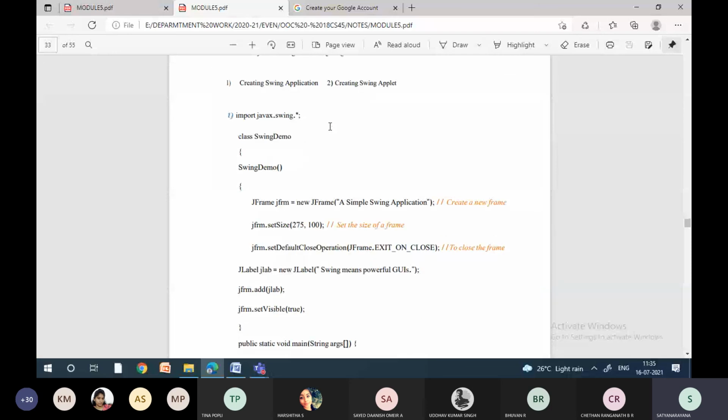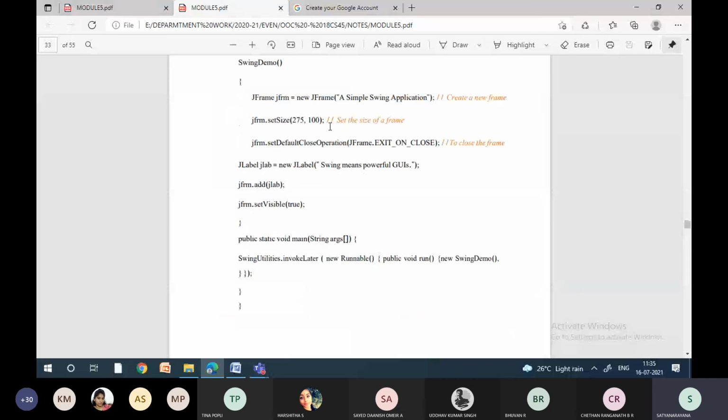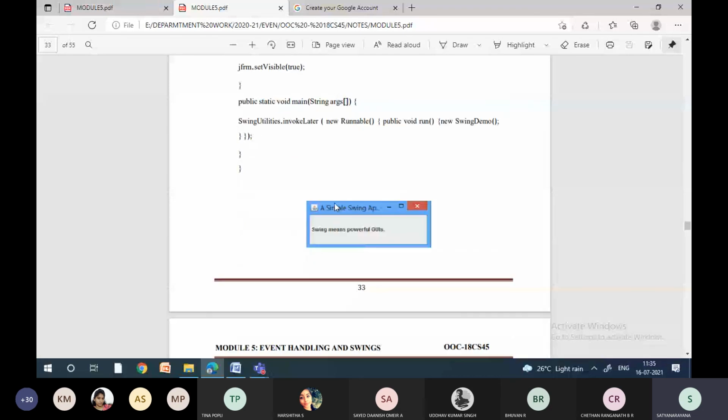This is one program to create a Swing application. After executing this program, you will get output like this. Now you can see this is one layout. This is a container. I want all of you to observe this. The blue color portion which you are seeing is a container. Within this, I have created one label. The gray color portion is called components. Within the container, we are going to have so many components. Here we have taken only one component, but in general we will have many components.